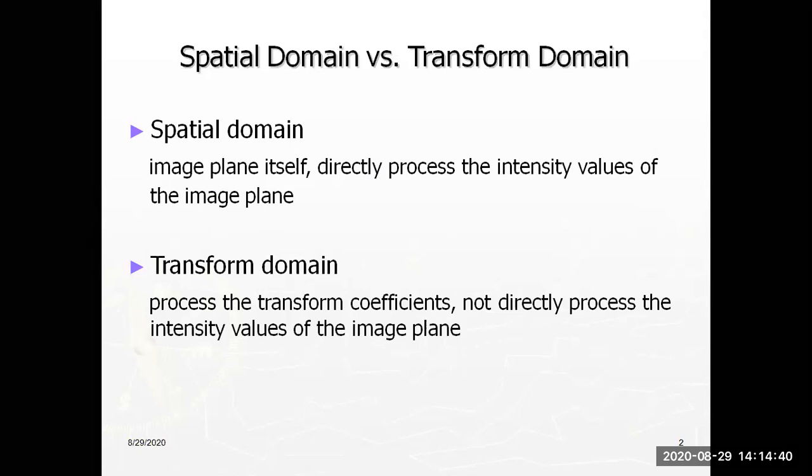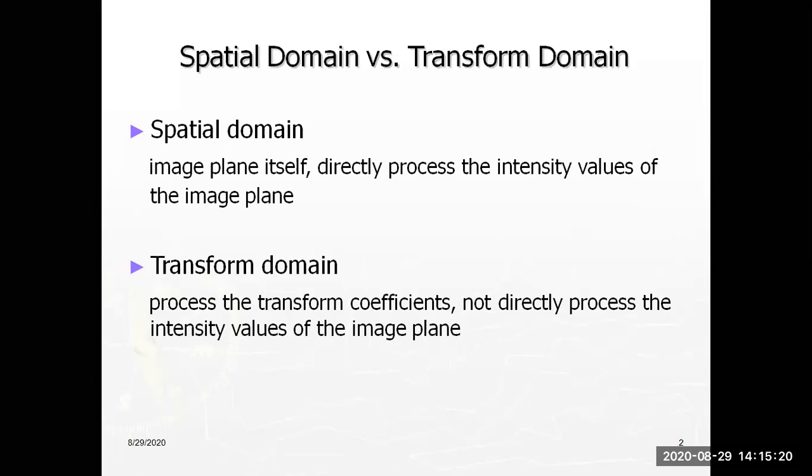But unlike in the transform domain, first of all, we have to transform the image from the spatial domain to the frequency domain. After that only we can process the pixel values. That means in the transform domain, we are using transform coefficients. So what are the coefficients? In DFT, we have already seen the coefficient value, W suffix N power small n k. Do you remember? Based on these coefficient values, based on the matrix values, we can process the pixel values in the transform domain or frequency domain.